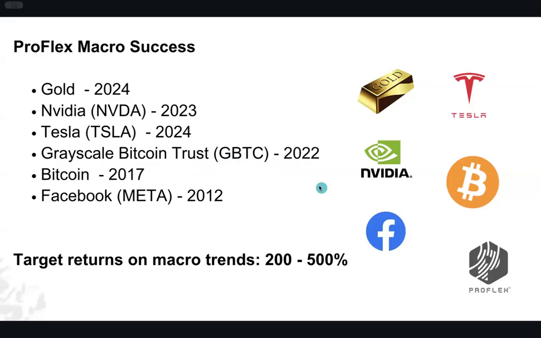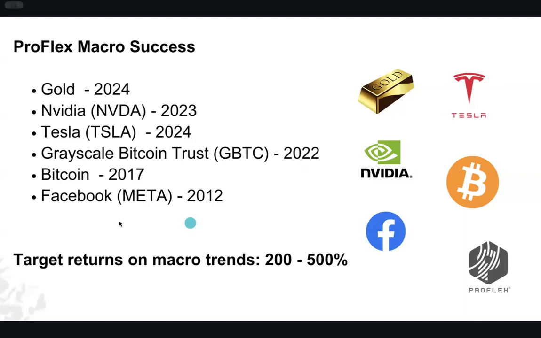Then we are big on the Bitcoin market since 2017. I have raised crypto money and so on. Previously, we have managed my family office money to deploy into crypto also. Most importantly, in 2022, we picked up a huge bet on Grayscale Bitcoin, the GBTC, which was at a 50% discount to Bitcoin, while Bitcoin itself was $25,000 at that time. This was tradable in public markets for people who did not want to buy crypto. It was listed on exchanges, and we were able to generate almost 500 to 600% returns on this in a very short time.